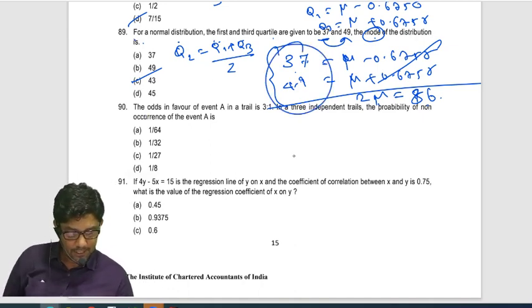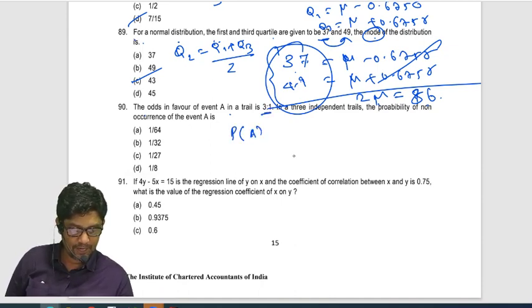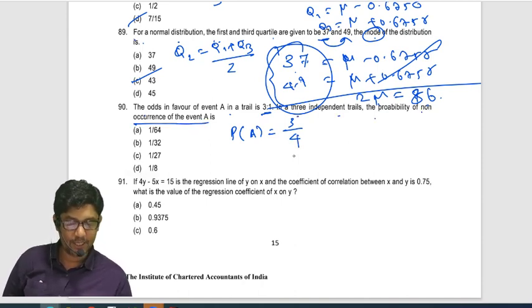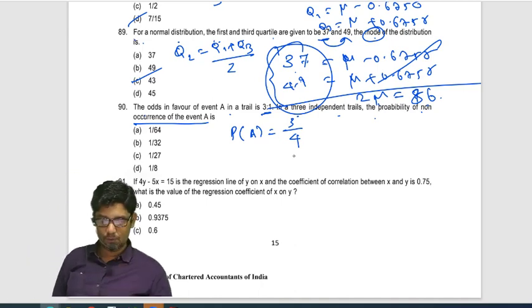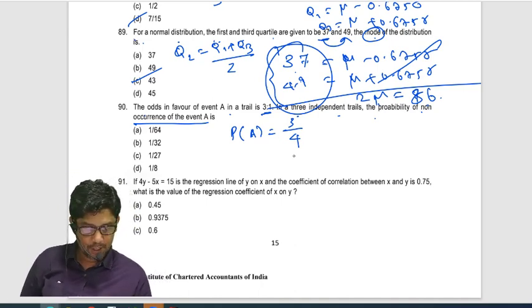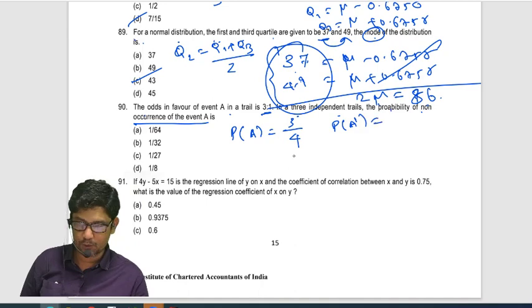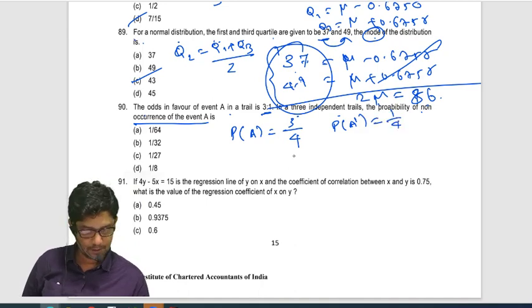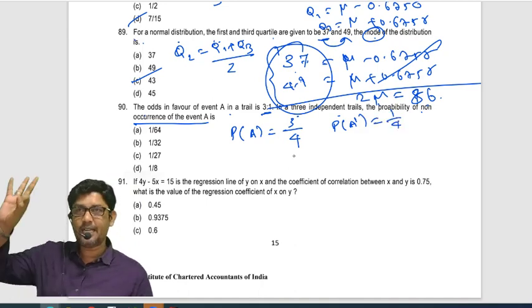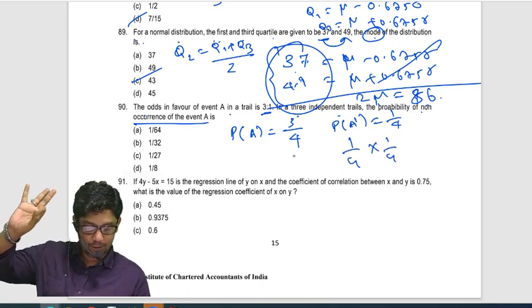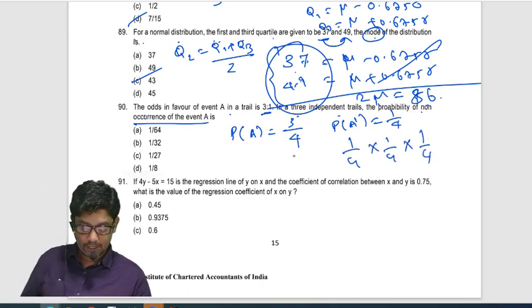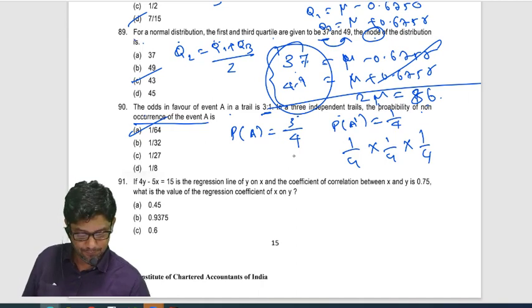Okay. The odds in favor of an event is 3:1. That means P of A is 3 by 4. 3 independent trials. The probability of non-occurrence of the event. So, non-occurrence is what? P of A dash, which is 1 by 4. So, 3 times: 1 by 4 into 1 by 4 into 1 by 4. Non-occurrence of the event. Is it 1 by 64? Now,